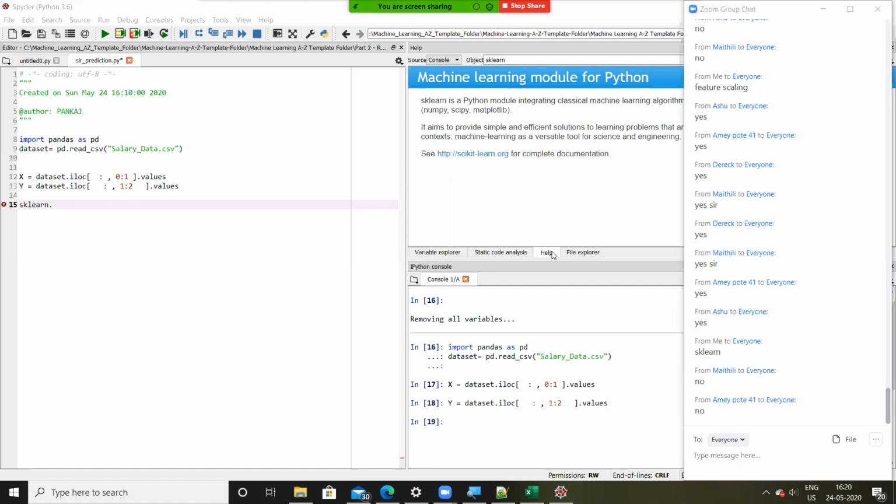It has various machine learning algorithms and data preprocessing algorithms support. Done? Has everybody noted it down?